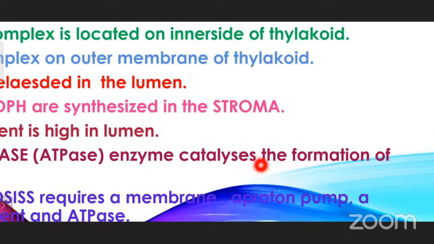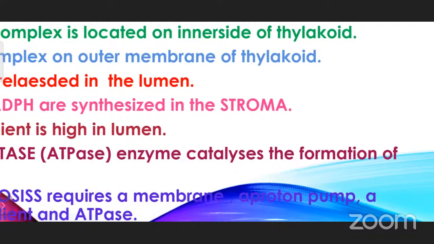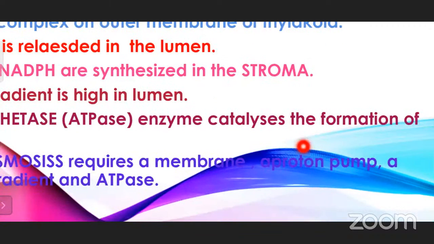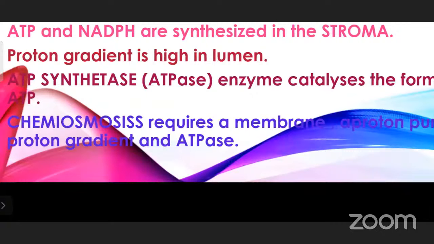When they are passing the electron from PS2 to PS1, in the thylakoid membrane, they are pumping some protons. So here the membrane is the thylakoid membrane, a proton pump is also there, and the proton gradient is increasing